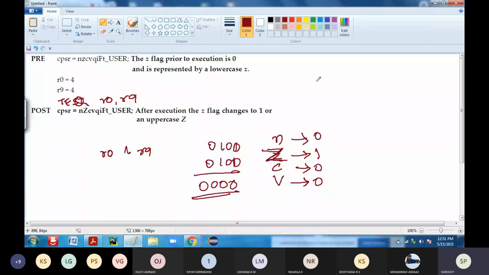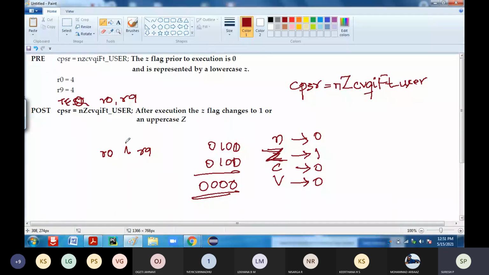No. Now, when you write the CPSR content after this instruction, N will be small, Z will be big, carry is small, V, Q, I, F fast interrupt, T, user mode. This is how it performs. This is with respect to TEQ, test for equality.